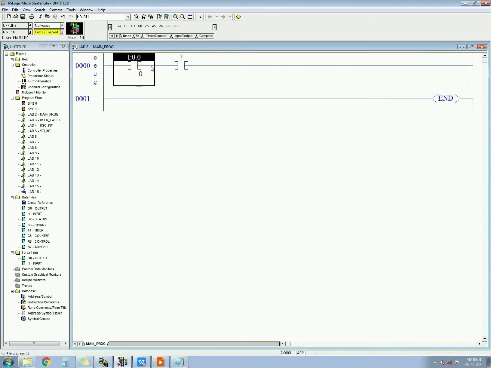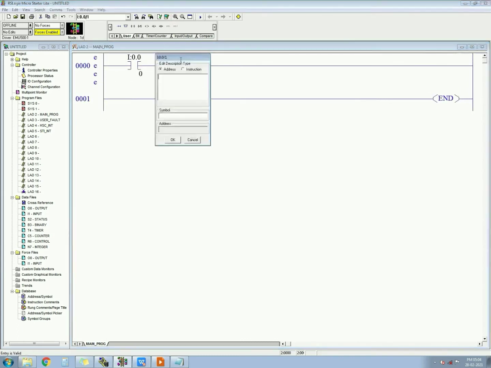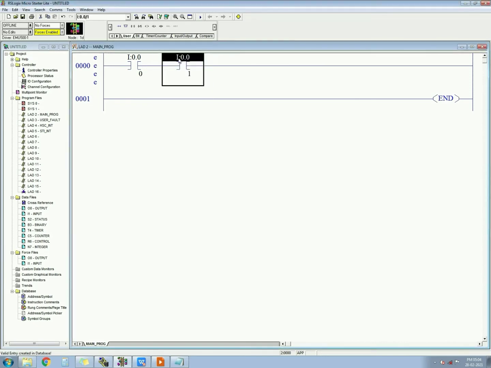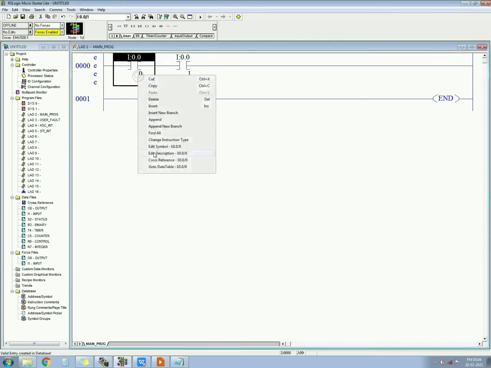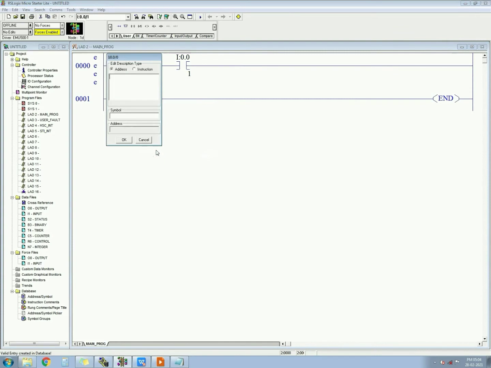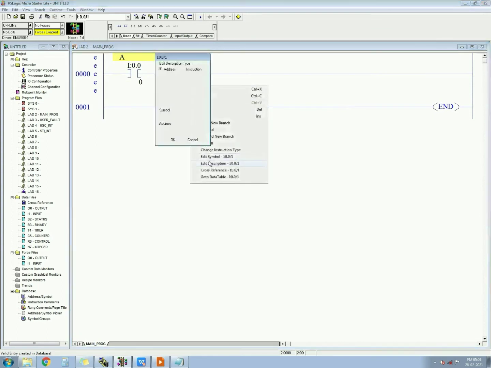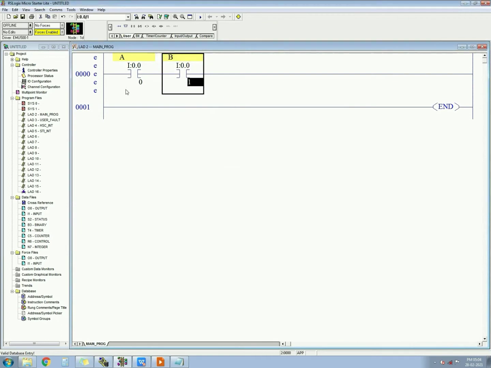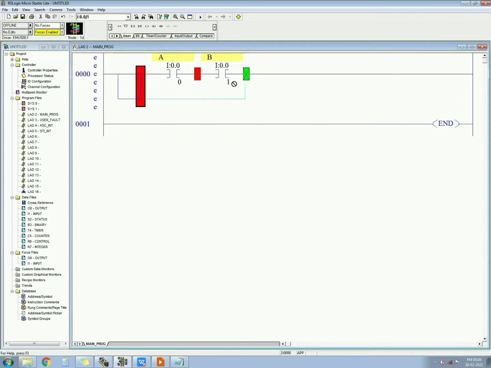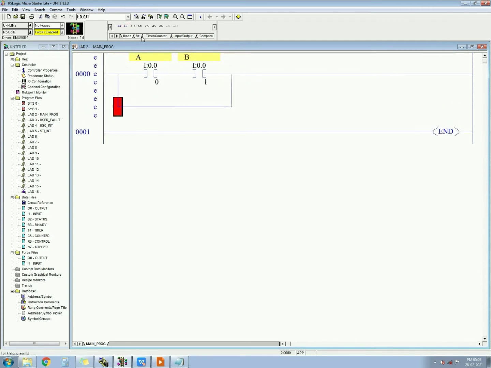B is I1:0.0/1. Okay, let's give the names also. Edit description, I can write it A, and B. If A and B get on, then or, so I will take a parallel.